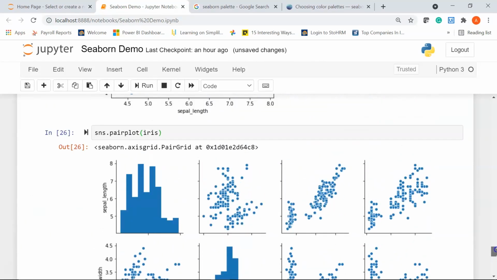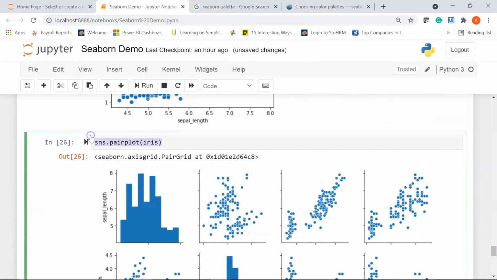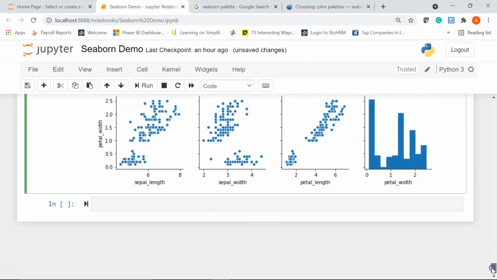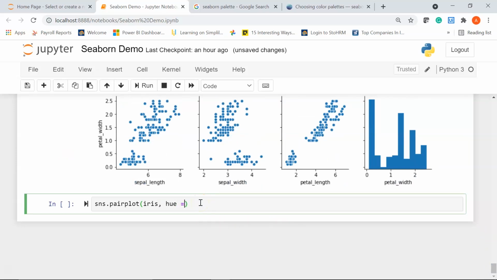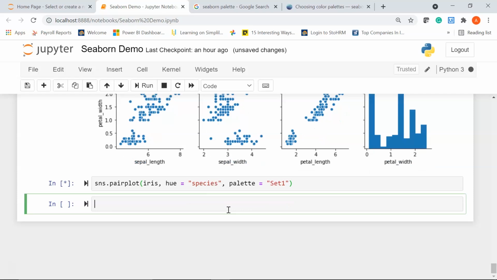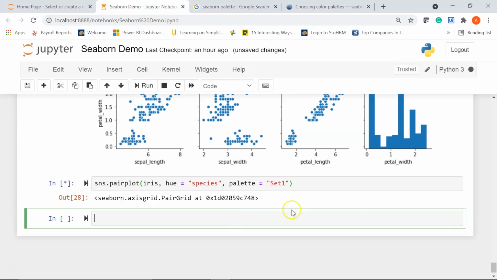So I'll just copy this cell of code, paste it here, and I'll say hue equal to species. Then I'll say palette equal to set1. Let's run it and we'll see the new pair plot now.